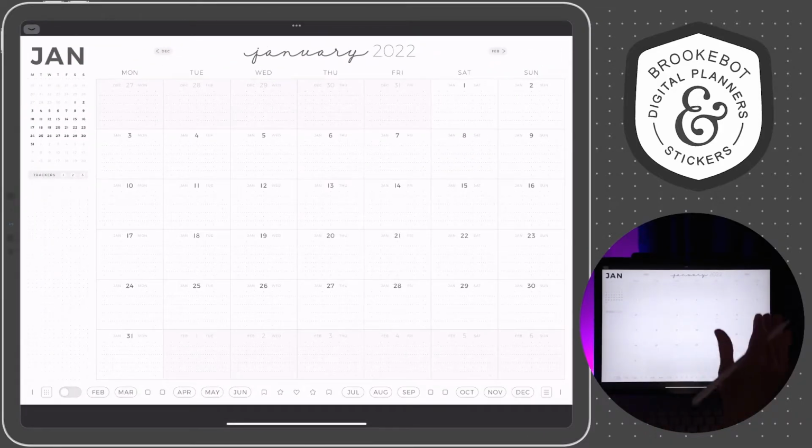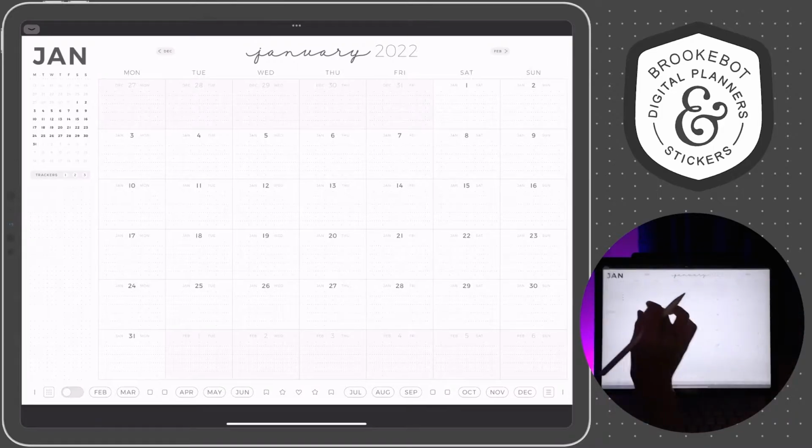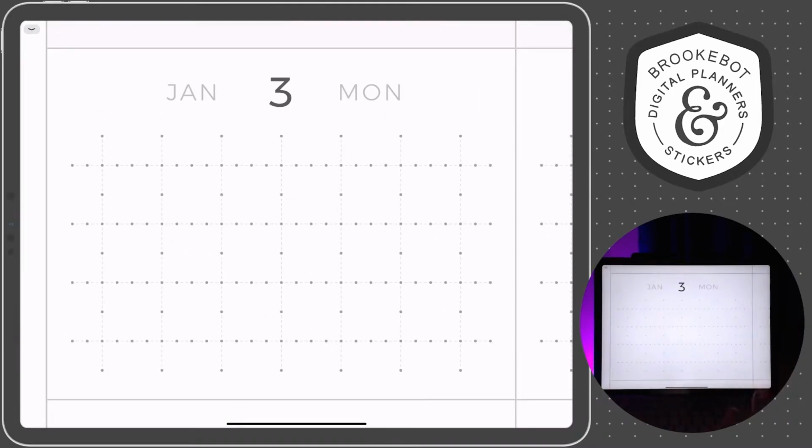But you still get those there so you can keep track of where you're at in days and what's coming next.